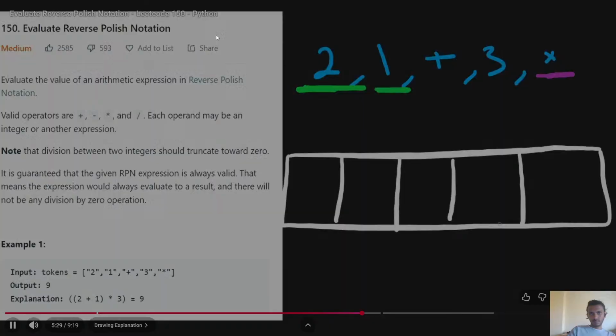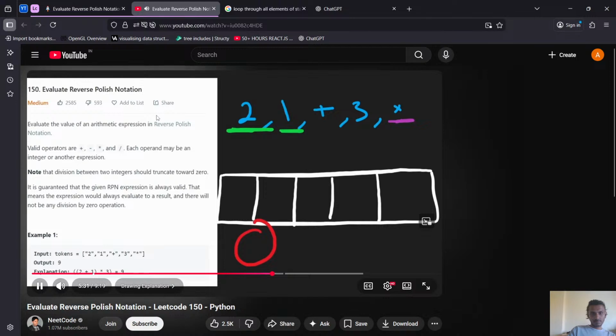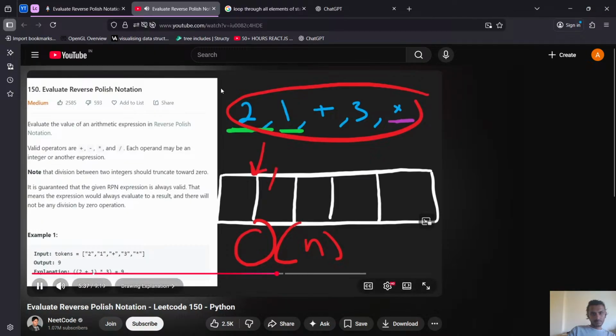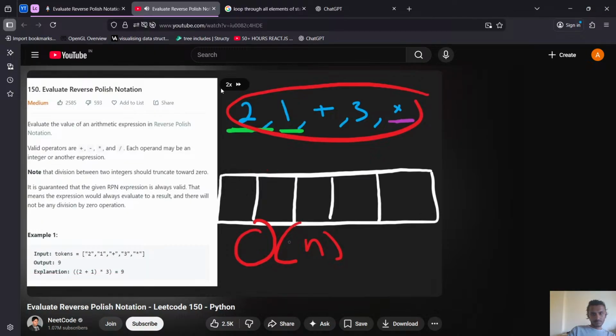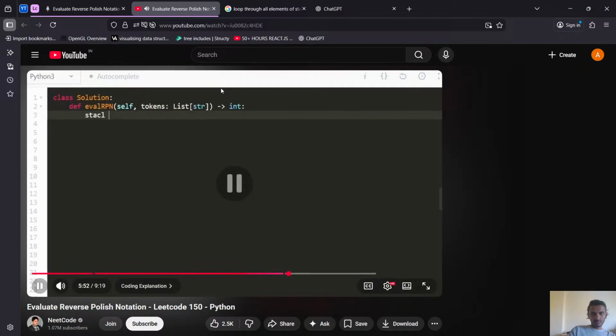Now we can code it up, but I just want to mention that the overall time complexity is going to be big O of n, because we're just reading through the input string, adding each value to the stack, and removing it at most once each. So, time complexity is 2 times n. In other words, it's big O of n. The memory complexity, since we do have the stack, is also going to be big O of n. So now let's code it up. Like I said, we're going to need